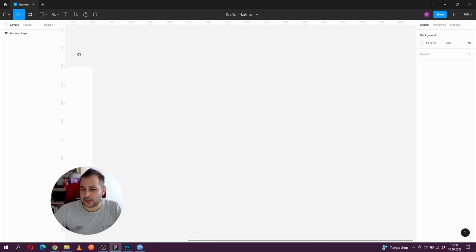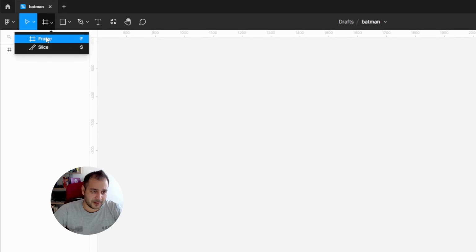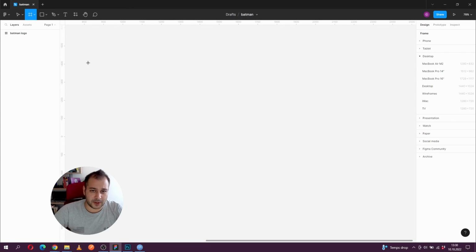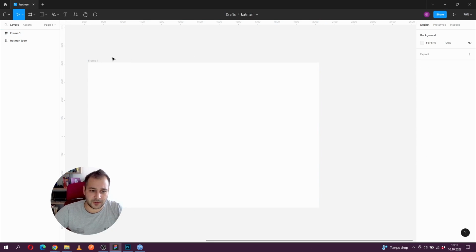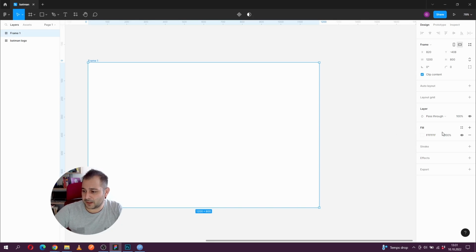And for that, let's just create a new frame. I'm gonna select the frame tool up here, and I want this frame at 1200 by 800 pixels. I'm gonna work with the properties panel, set the width and height, make sure the fill is set to